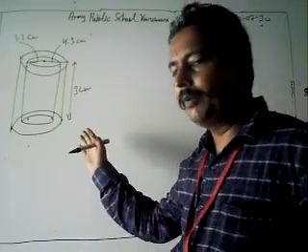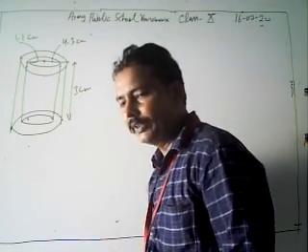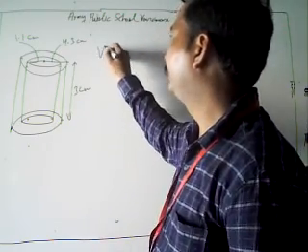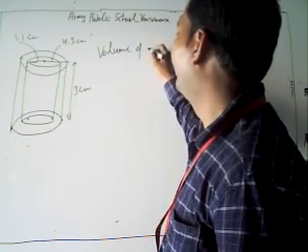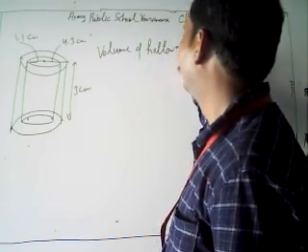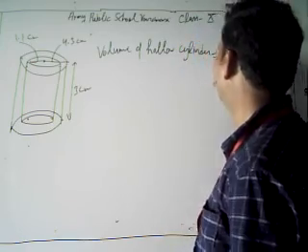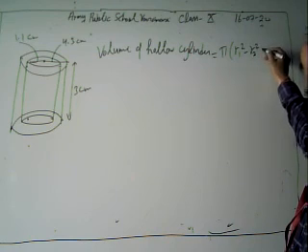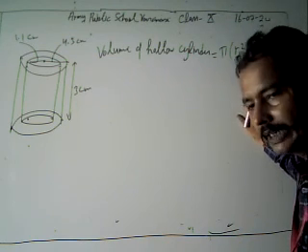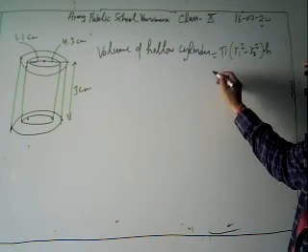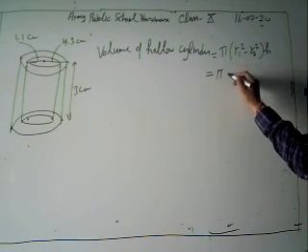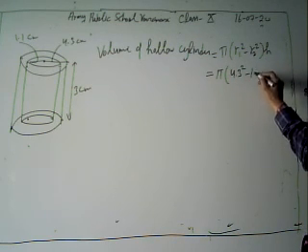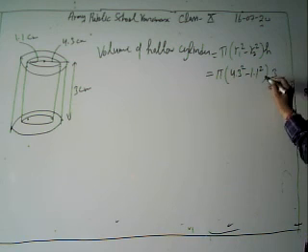Now look, we have one hollow cylinder, and after melting it, we are going to recast it into a solid cylinder. What is the volume of our hollow cylinder? First of all, we find the volume of our hollow cylinder. What is the formula? To get volume of hollow cylinder, it's pi (r1 square minus r2 square) into h, where r1 is the external radius, r2 is the internal radius. In terms of pi, what we have? 4.3 whole square minus 1.1 whole square, height is 3.